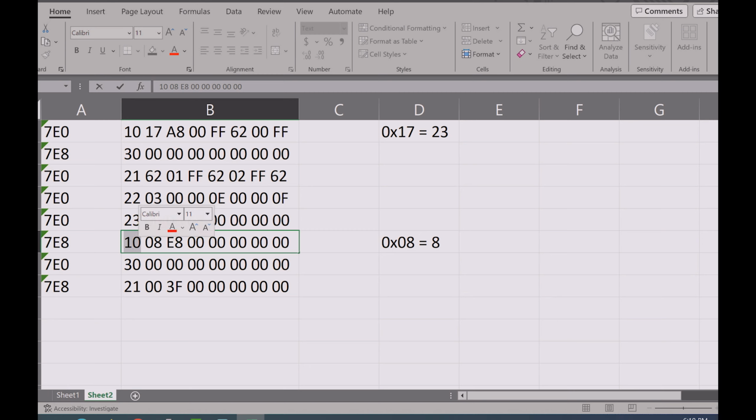okay, this is my start of the response. It's telling me there are 8 bytes in this response after the 8. E8 means this was a success. You should pretty much always get an E8. If you don't, just drop the data, right? I've never not gotten an E8. And after that E8, you're going to get your pure data back. There is no padding in the response when you're looking at